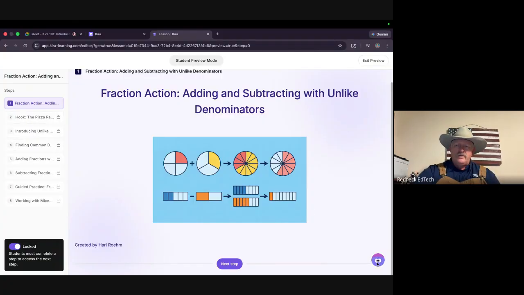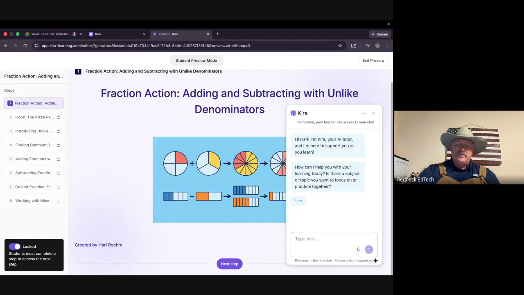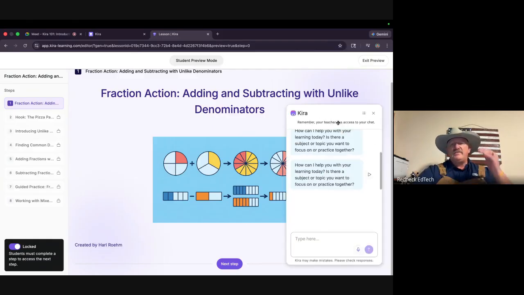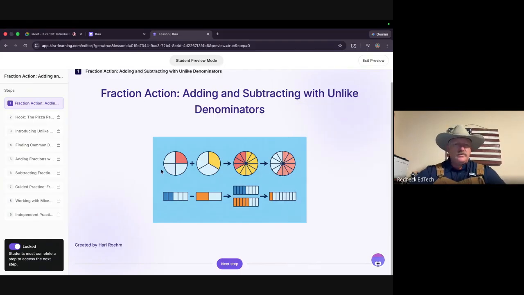Over here in the lower right-hand corner, this little purple circle, that is the Kira Tutor. This is a personalized tutor for the students in the class. Now, you can turn that on or off by lesson. You don't have to turn it on at all. You can leave it on all the time. It's up to you. And your AI policy is developed by your school district. But one of the cool things about this is that it doesn't give the answers to the students. Kids will try to break it. They're like, what's the answer to number 4? It won't. It just redirects. But I'll need to get to one of those.